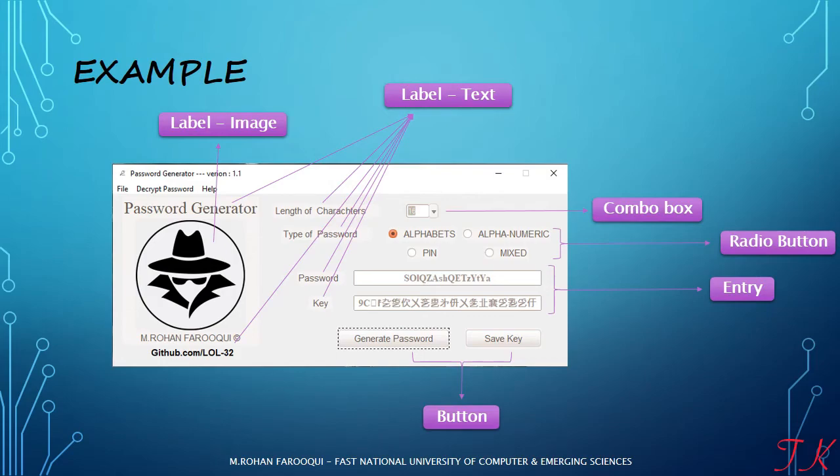So these are the basic widgets we can use in our Tkinter program. This is a simple example, with the simple widgets I have used in my app.